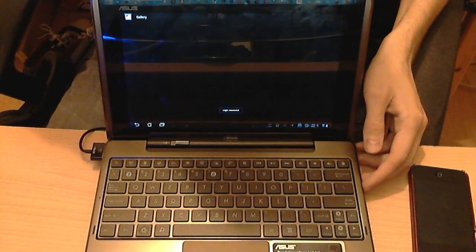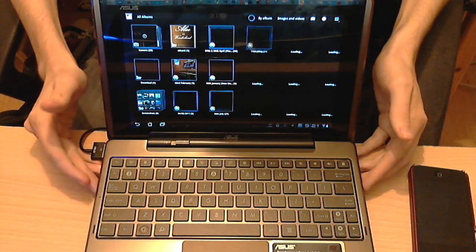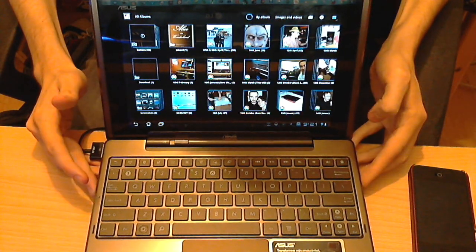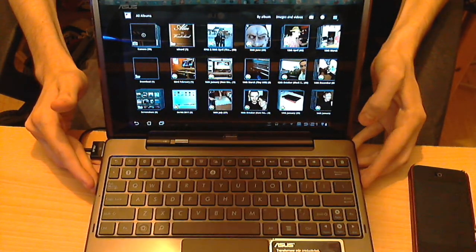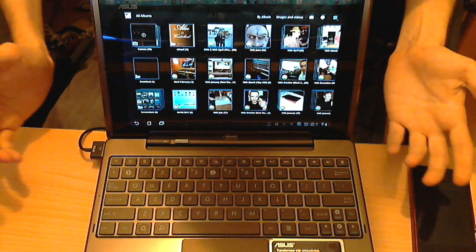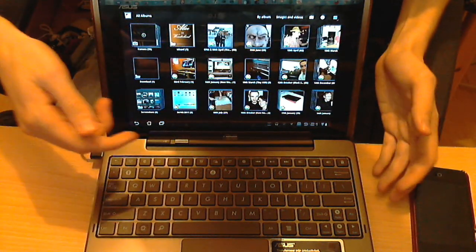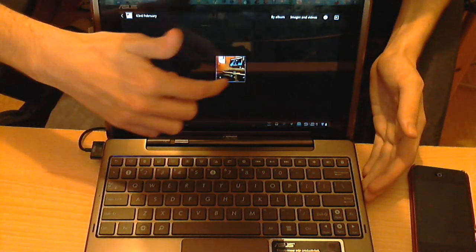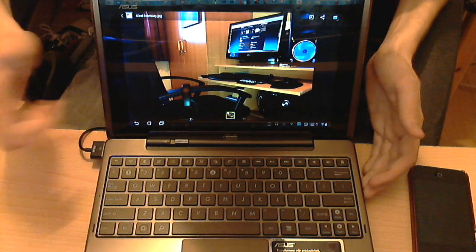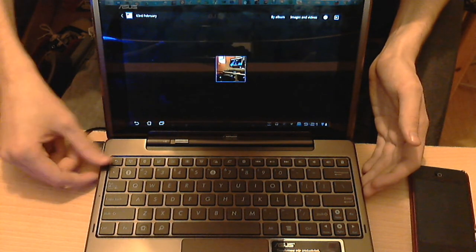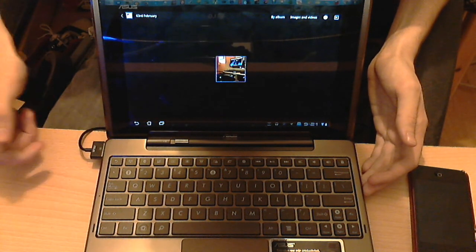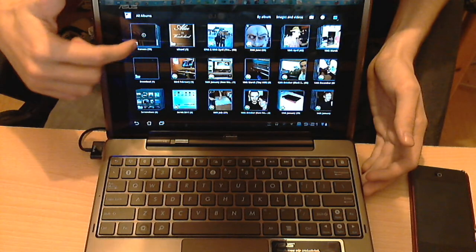Gallery. I'm a Picasso web albums user, so all my photos are synced with web albums, which means I don't have to put any photos on the device because all of my photos I can just stream right from Picasso. For example, going to this album, and there's a photo, so that's handy. But of course, you can throw on your own photos directly onto the device,